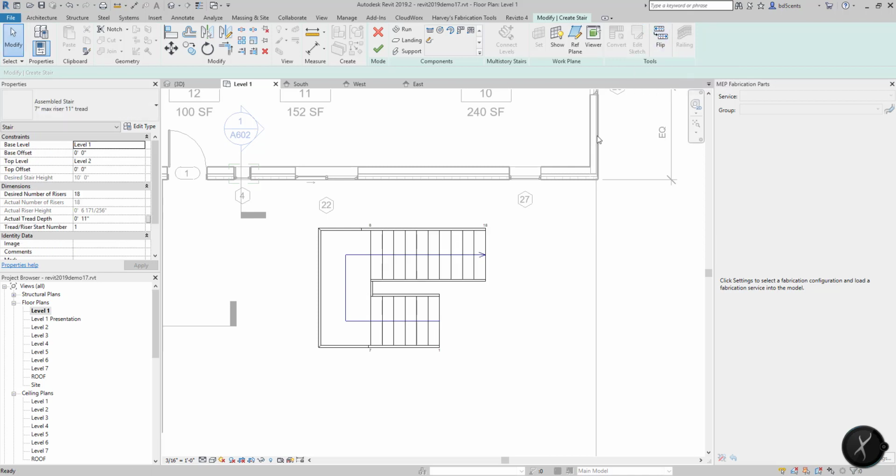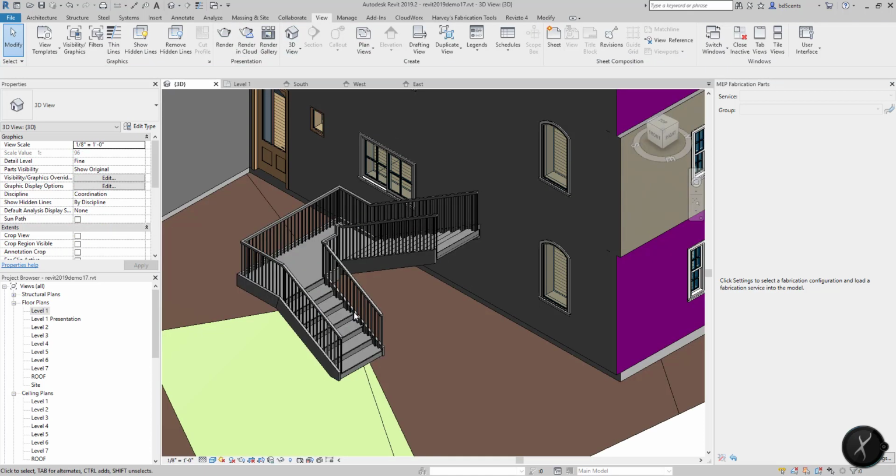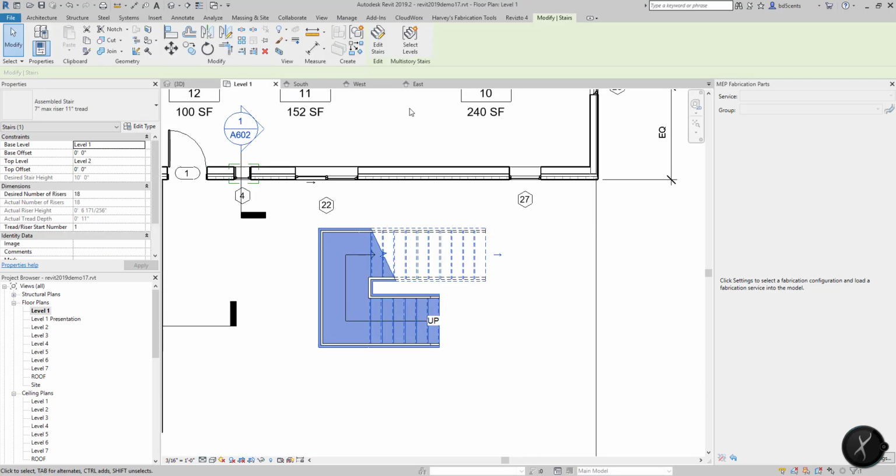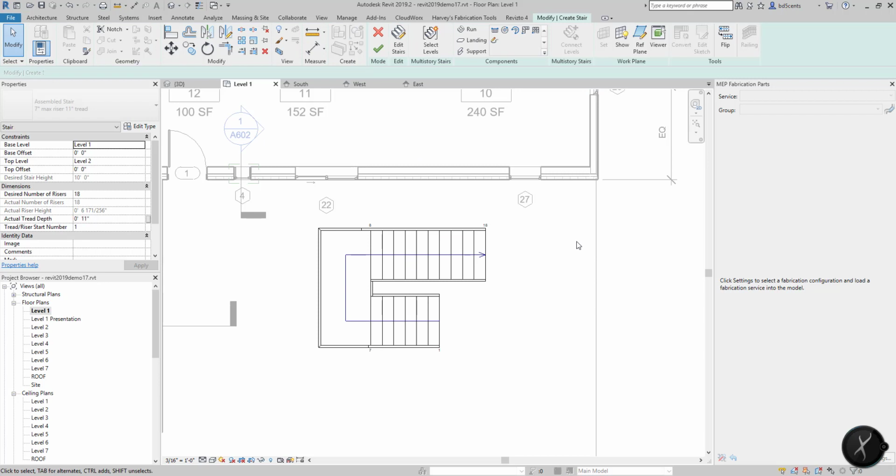I can also flip the direction of the stairs, and when I hit finish and view that in 3D, you'll notice that it flips that direction. Now it does get a little tricky when you modify these. So if you select the staircase, edit the stairs, we'll flip this back to the way that I had it,